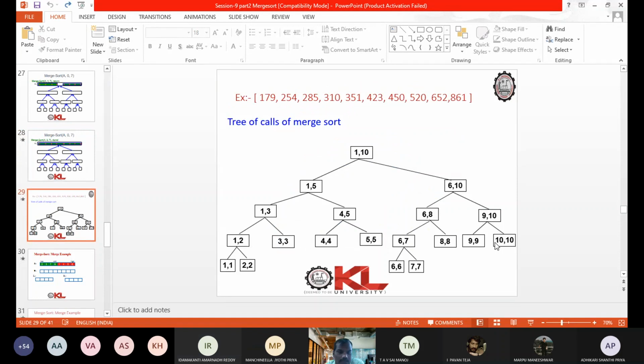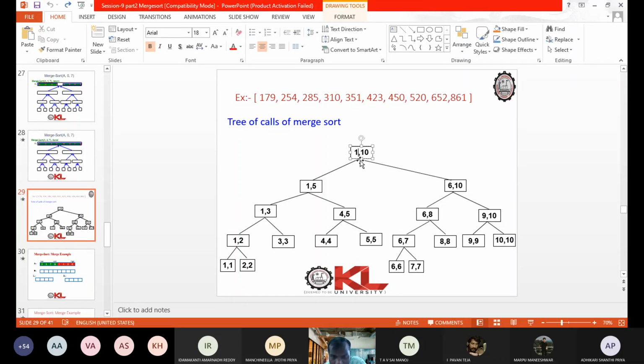Now we see how the list is divided. Okay, as I told you, every time the list is divided into two equal parts, right? Now we will show that division in the form of a tree. If you see here, every node in that tree contains two components.